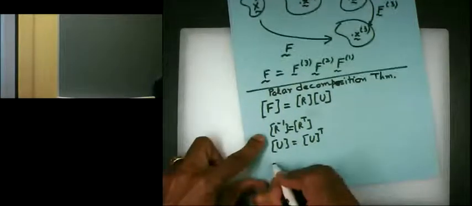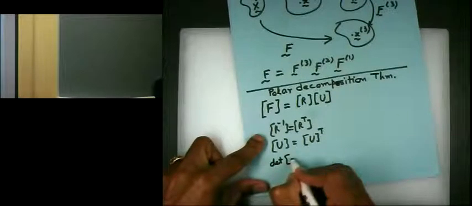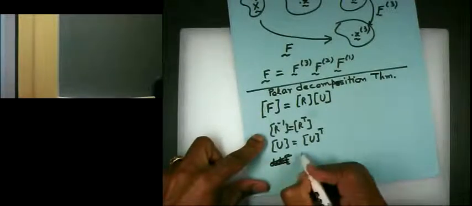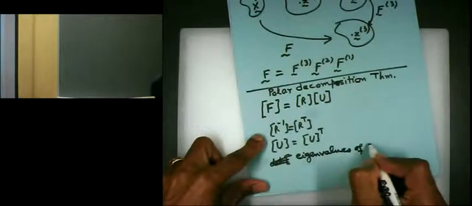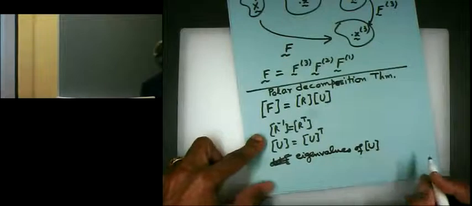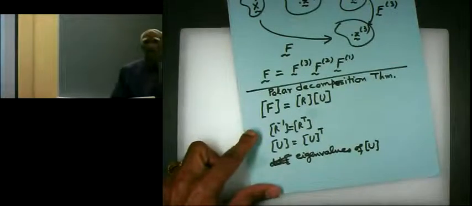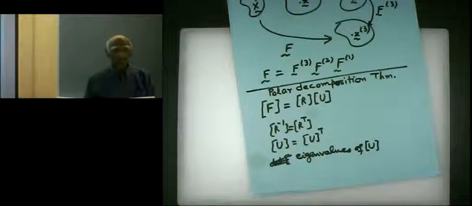So U is symmetric. Also, not only is U symmetric, but the eigenvalues of U are not diagonal terms. So that means some of you don't know the eigenvalue of a matrix. So I will define it. Okay, I will define the eigenvalue of a matrix. Just give me 1 second. So these are non-negative.